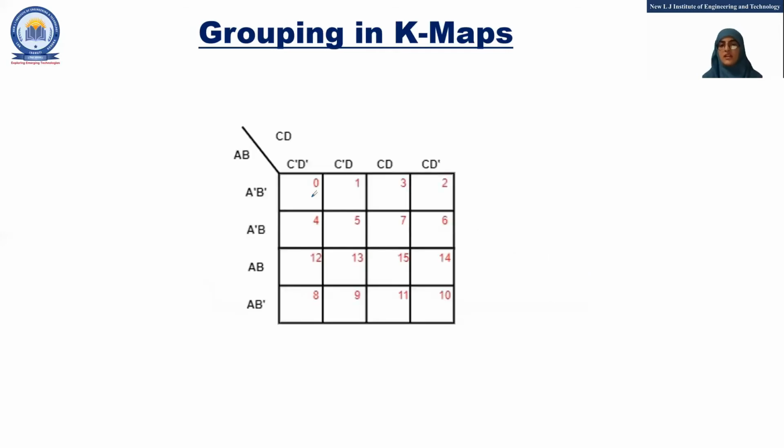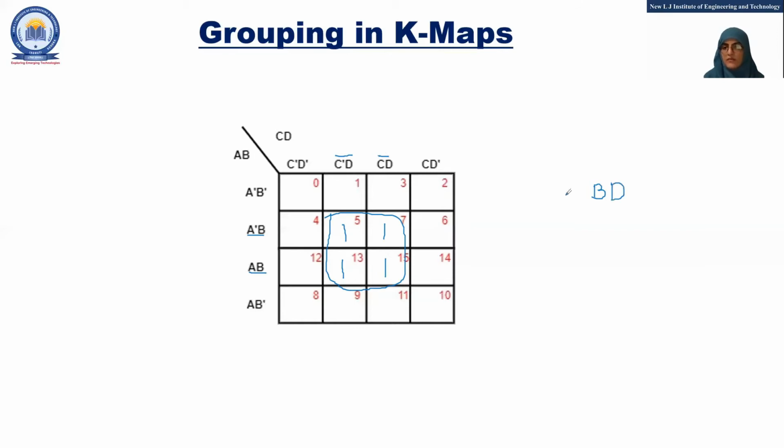Next is 4 variable K-maps. Here we can make an octet also. So here we can make this octet. The answer will be the same term in these terms. So the same term is D. So the answer will be D. We can make a quad also. So we have to find the common term in these two terms and the common term in these two terms. Here the common input is B and here the common input is D.